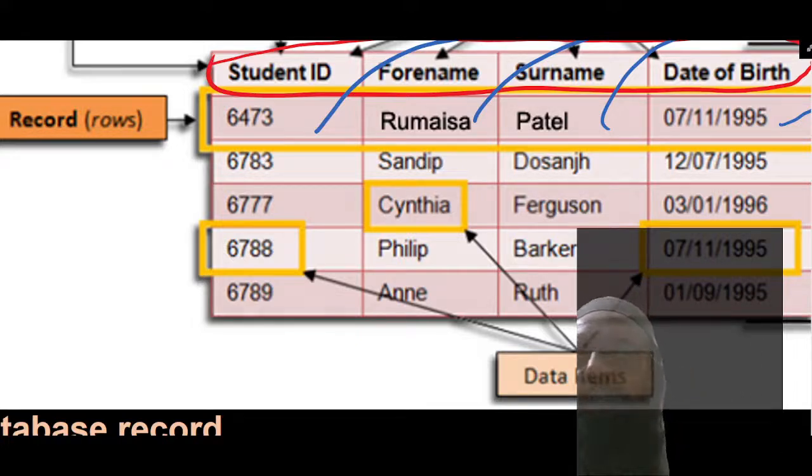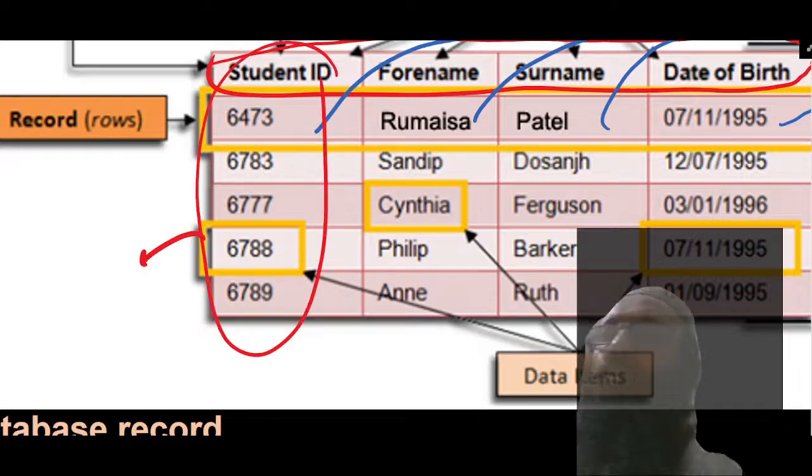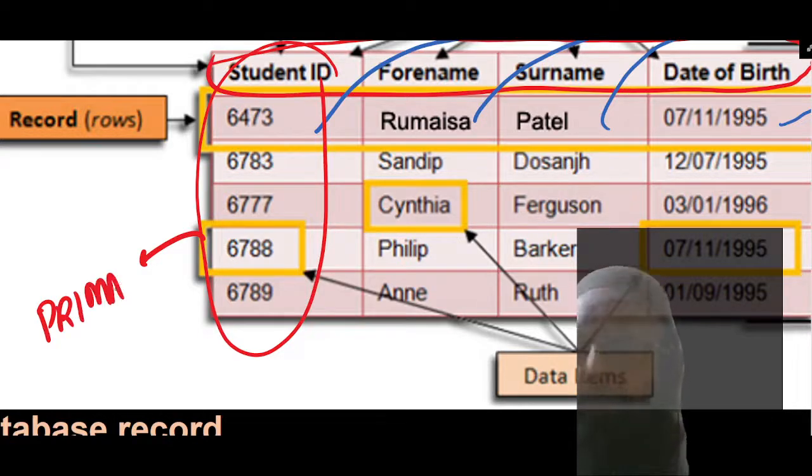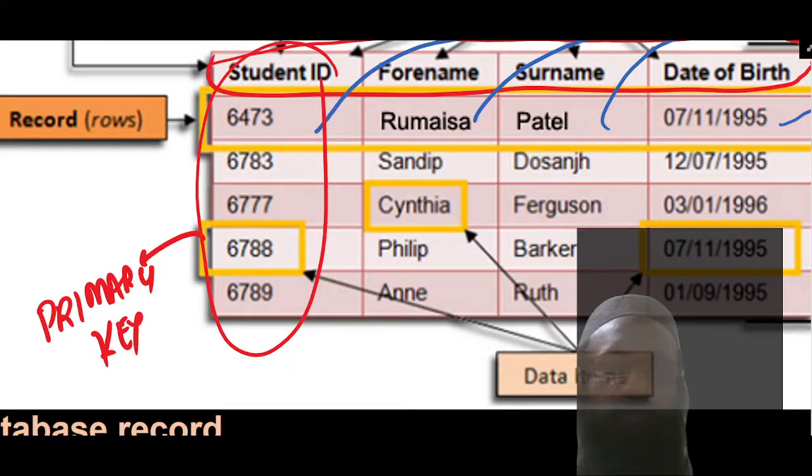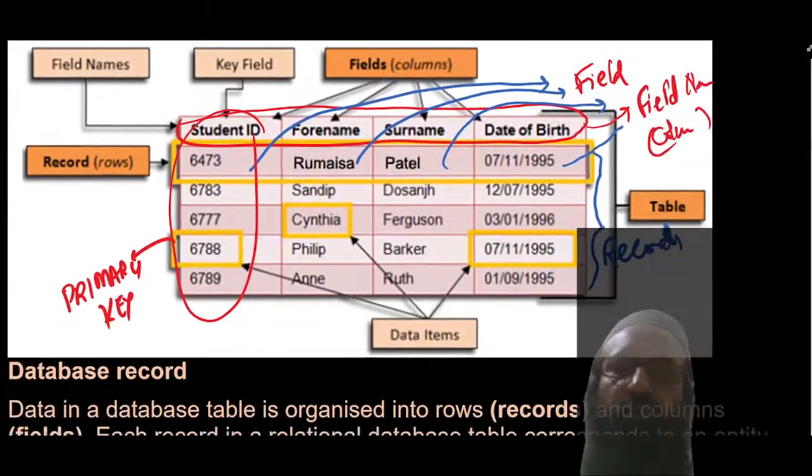So a field that contains unique data items is used to uniquely identify the record, and it is known as primary key, right? So for example,